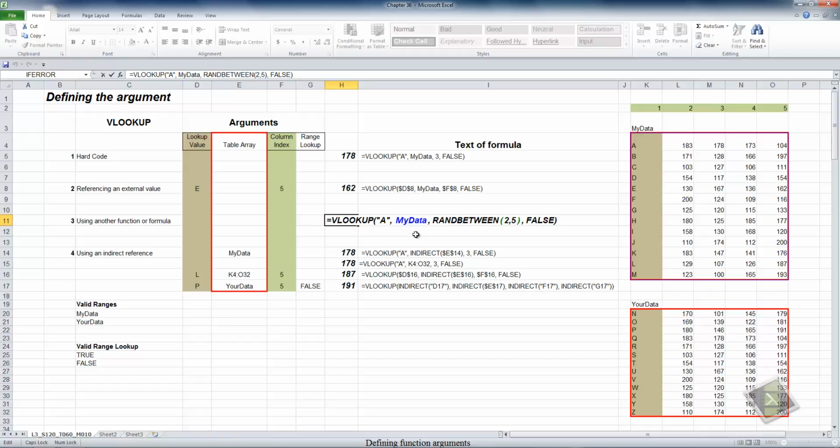And the 4th argument, false, is hard-coded. It'll look for an exact value. I want to escape out of this. And RANDBETWEEN will generate another number every time I